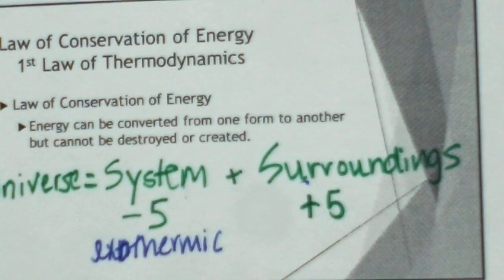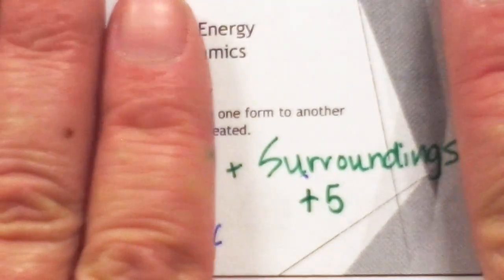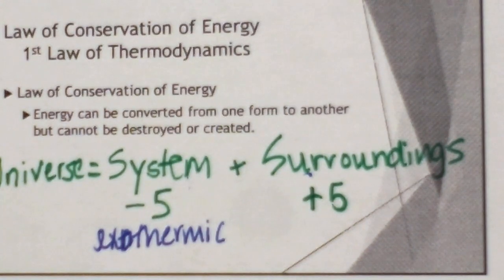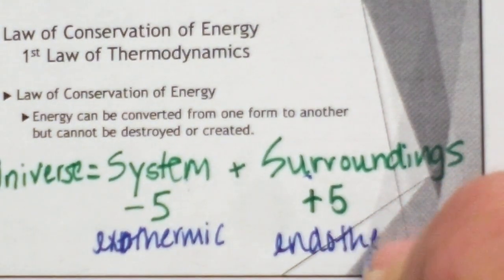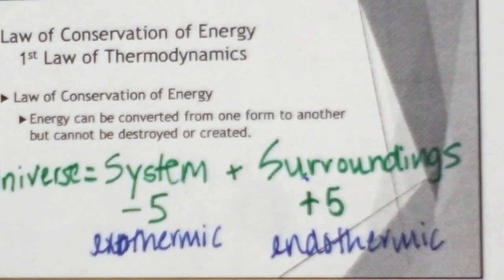Next, we're going to look at what happens to that energy. That energy went over to the surroundings, and so the surroundings gained energy. And since I can isolate it and look only at the surroundings, and it is gaining energy, we call that endothermic. So by isolating each piece of that, we look and see, is it gaining energy, endo, or losing energy, exo?